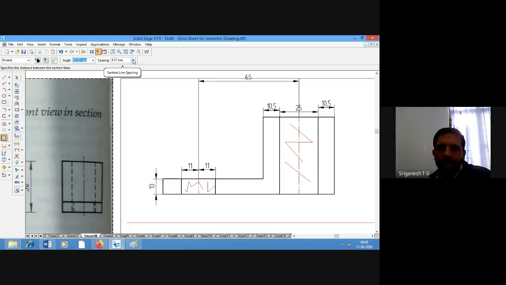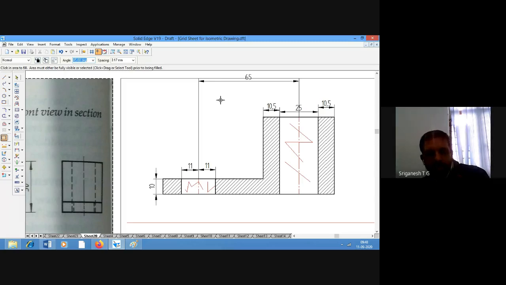If we want, we can change it. So just click in the portion where we want to shade, that's all. Just a click inside that portion, nothing else. Is that clear? Okay, so this is how we are going to do a sectional front view.